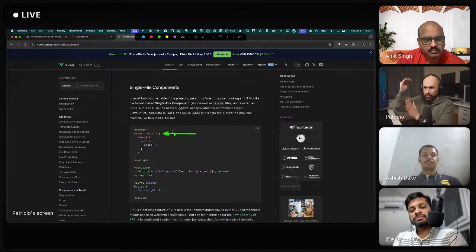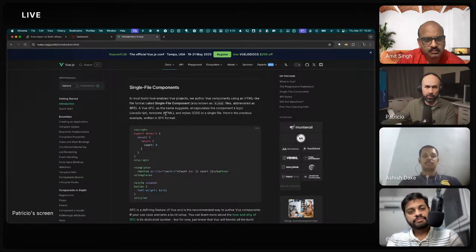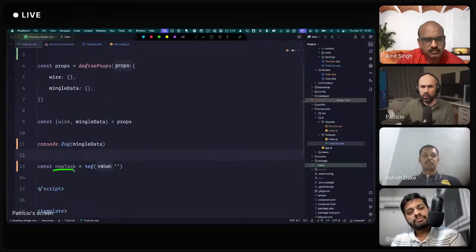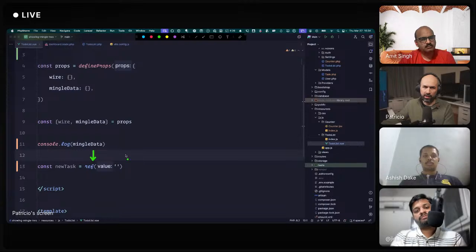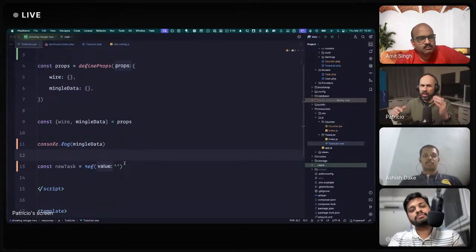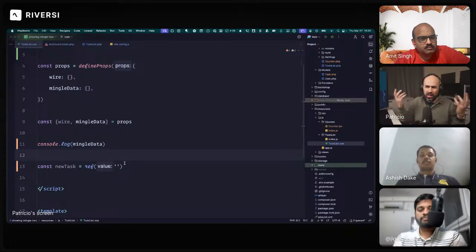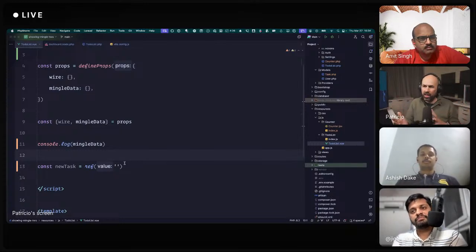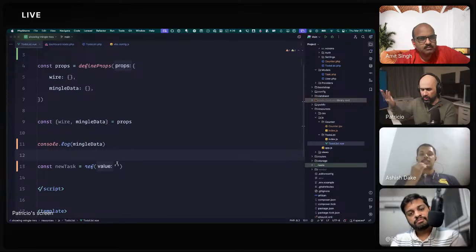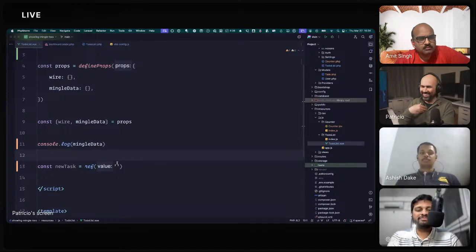When you have a script and you can use these hooks, for example, new task, it's a state. It's like useState in React, and it starts with an empty string, right? These can be wherever, it's just how the developer organized. And with options API, there's a consistency across developers, and that's something I like. Not only for other developers, but when I return to code that I wrote 1 year ago, I like some structure, or I will be lost myself.